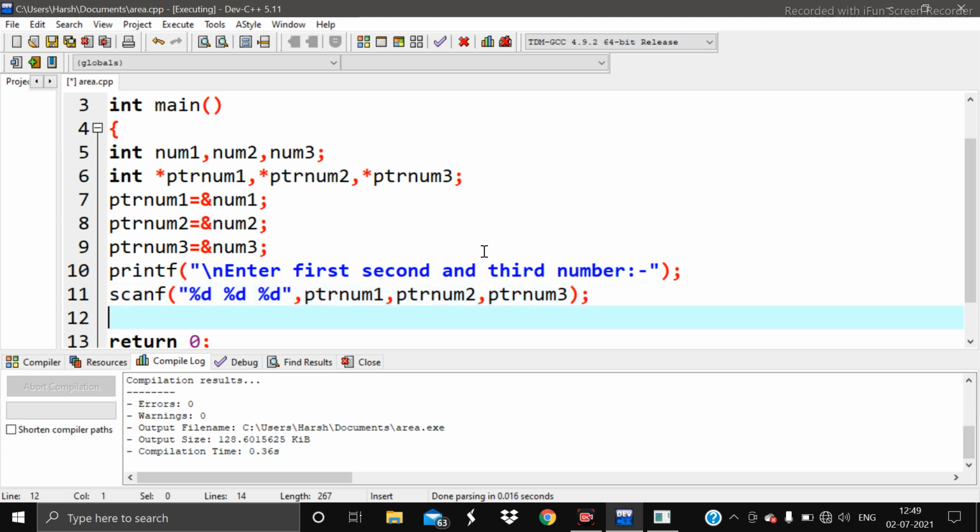So if pointer ptr num1 is greater than ptr num2, and this is the AND operator, and ptr num1 is greater than ptr num3. So what I was saying is, if both the conditions are true, that is the first number is greater than the second number and the first number is also greater than the third number, then the statement inside the if statement will be executed.